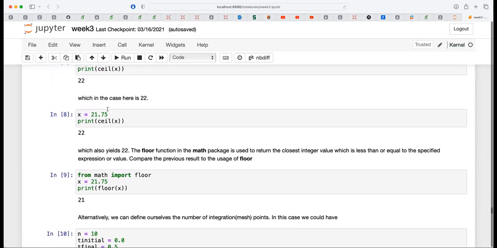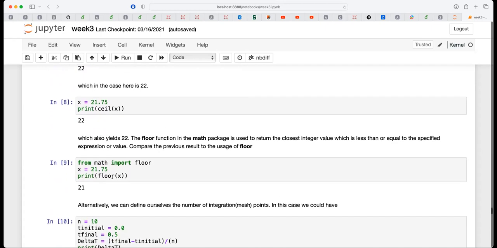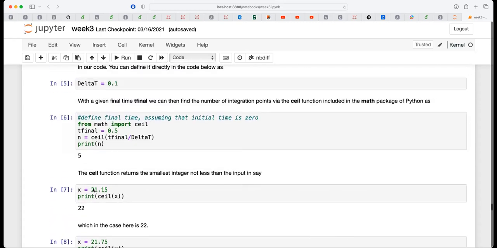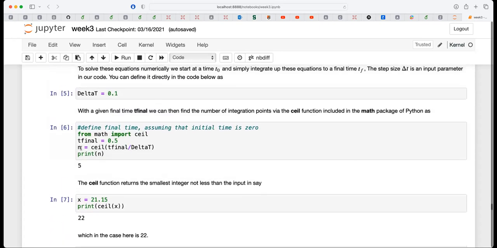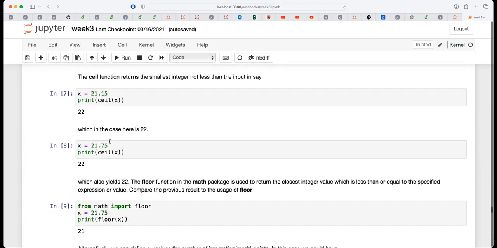And like here, if you have 21.75, it gives you 22. And then you have floor, which gives you the largest integer not greater than that number, so when you have 21.75, it gives you 21. So what I'm doing here is to define the number of integration points as the final time, since the initial time is 0, divided by this delta T, which I have chosen. Alternatively, you could simply define n and then define delta T from n and the final time.